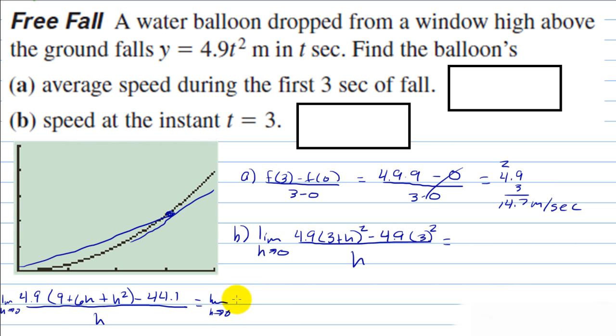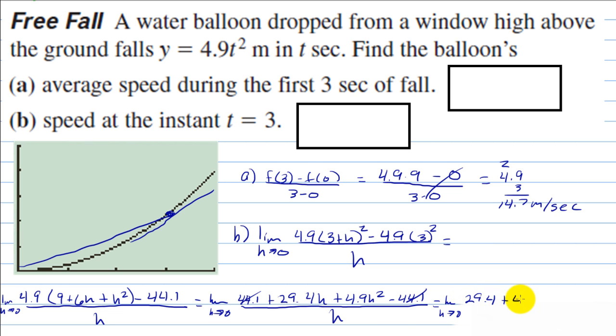Equals the limit as h approaches 0 of 44.1 plus, let's see, 6 times 4.9, 29.4h plus 4.9h squared, and then minus 44.1, and then that is all over h. You're going to see something similar happen that did before. The 44.1s are going to cancel, and then everybody's divisible by h. So we end up with the limit as h approaches 0 of 29.4 plus 4.9h. And if you plug 0 in for the h, you get 29.4, and that's going to be